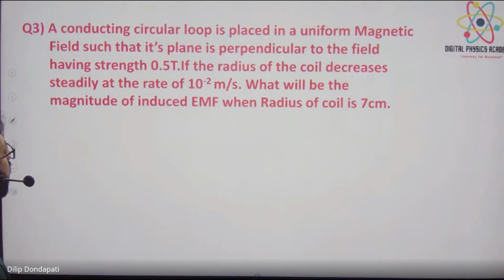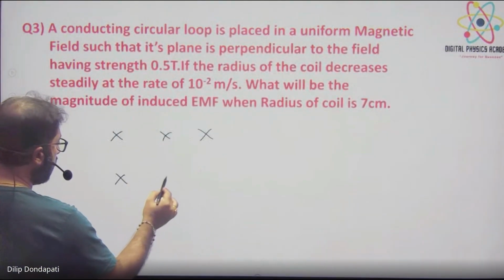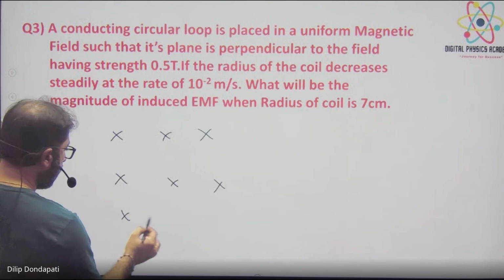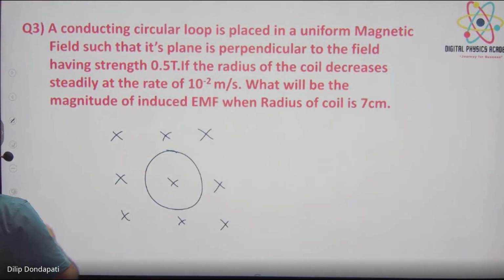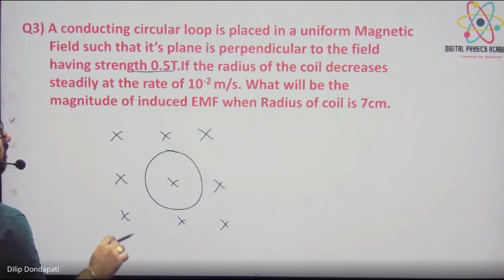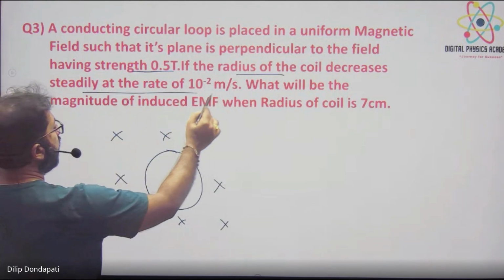A conducting circular coil is placed in a uniform magnetic field such that its plane is perpendicular to the field strength 0.5. The plane is perpendicular to the magnetic field. This is the magnetic field, and the coil is perpendicular to it. If the radius of the coil is decreased at a rate of 10 power of minus 2